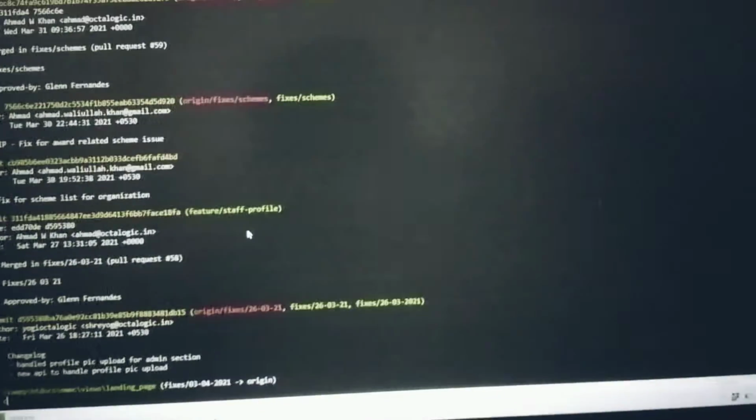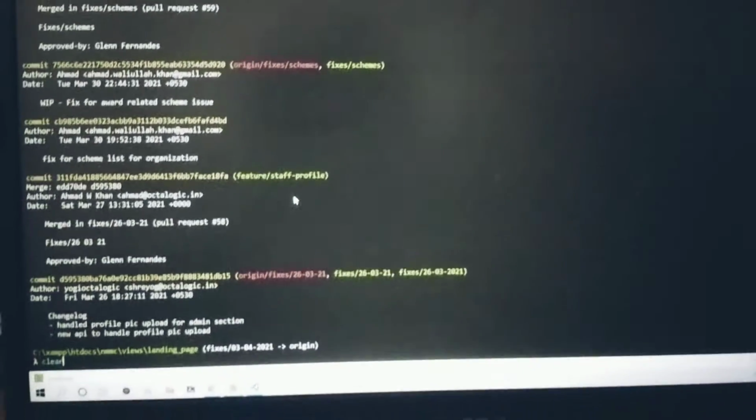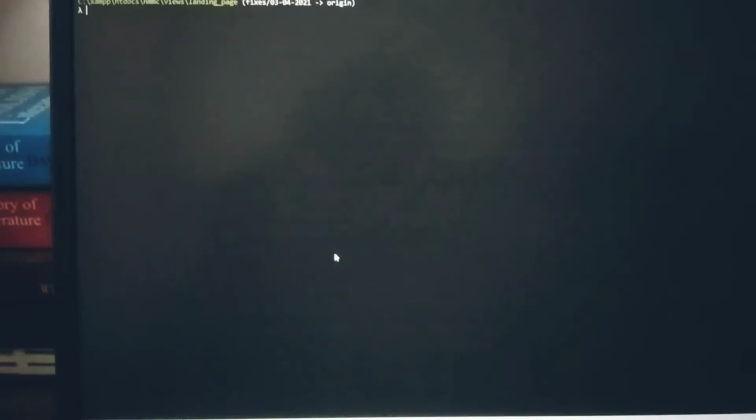Second one is a very useful command. What if you want to pull the code and you find out that somebody made changes to some of the files and you don't know who that is? So you want to track down the person in the team who has made the changes so that he may undo the changes or fix the issue.